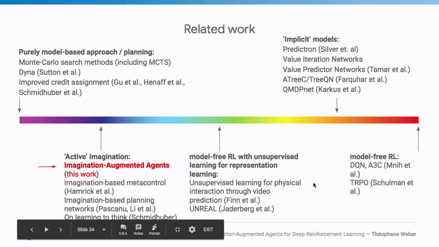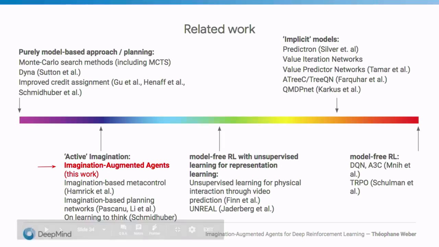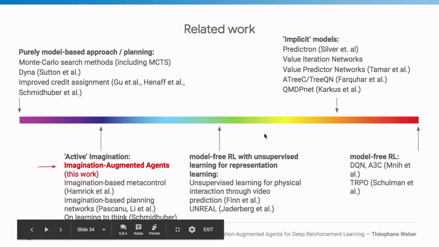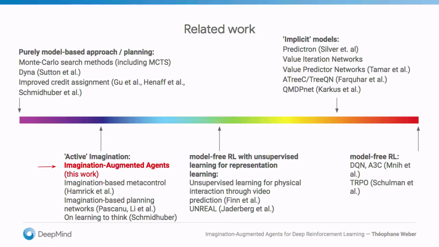These agents require the model for training and testing. Another approach is to use the model learning to do effectively representation learning. So these agents do not require the environment model for testing, but only for training. A last category that I call implicit models are models which are trained in a model-free fashion, but whose inductive bias resembles that of a model-based method.